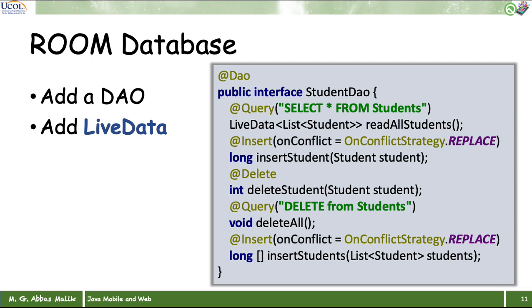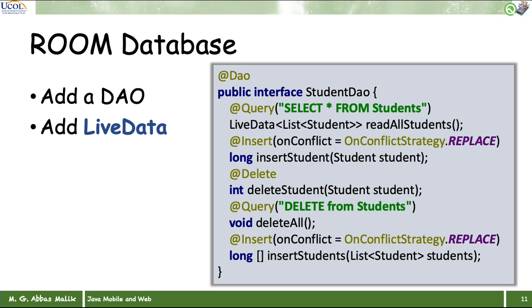What we are saying here is that we have connected our user interface with our database using live data. If another process is inserting data into the database, new data may come in, or an existing record may be updated by some other process or application, then the live data automatically